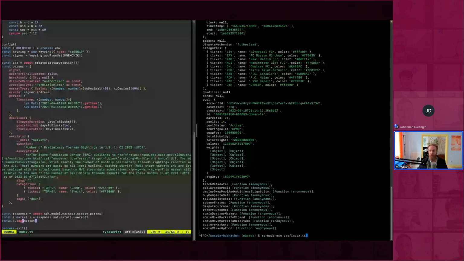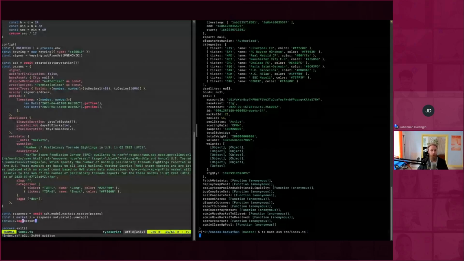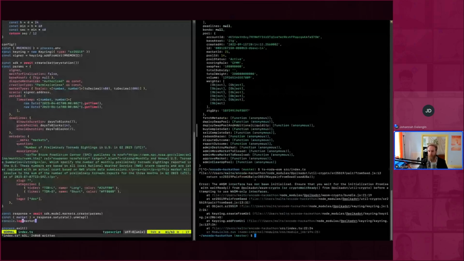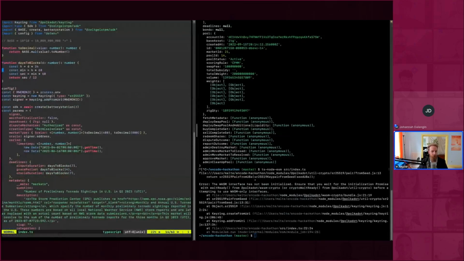Did I save this? So let's see if I did everything correctly. I did not. Right. So this is a thing that sometimes happens. There's already a bug report on that. So what we've got to do here is, sometimes, I believe that's some kind of a race condition.